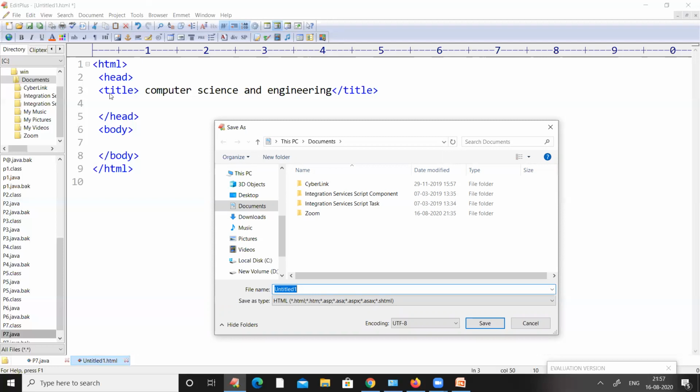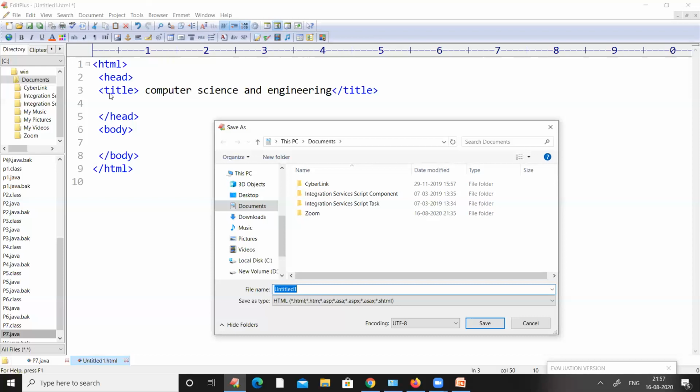Similarly, when we want to save a C programming language program, we can save the C programming code by, for example, my program name is 1. We can save that program as 1.c. When we are working with C++, we save that particular program as 1.cpp. And when we are working with a programming language like Java, we will save the program as 1.java.